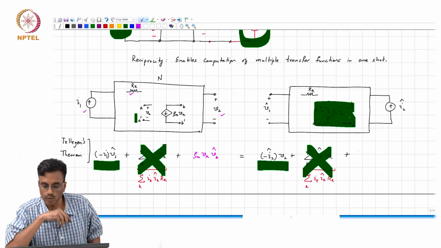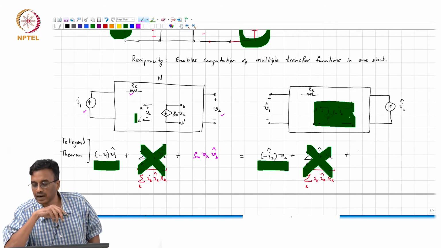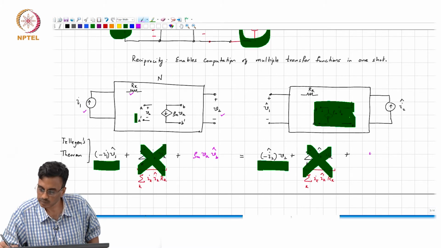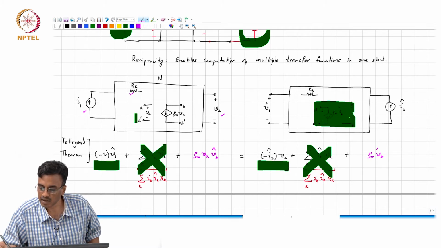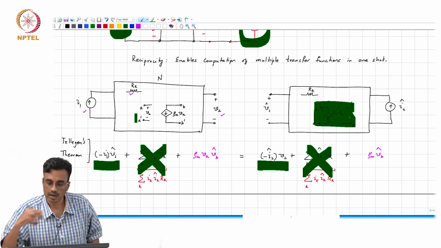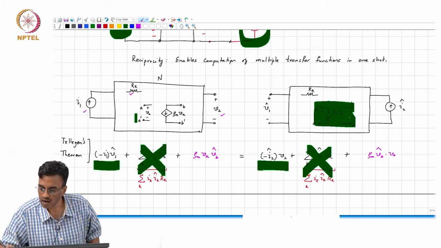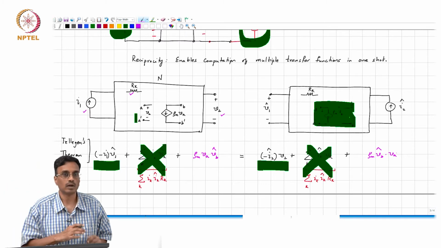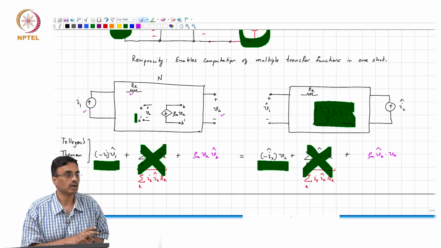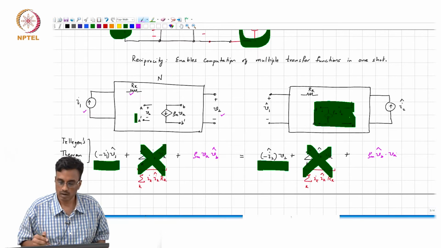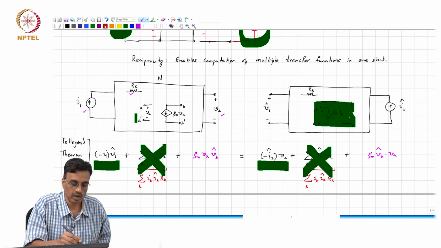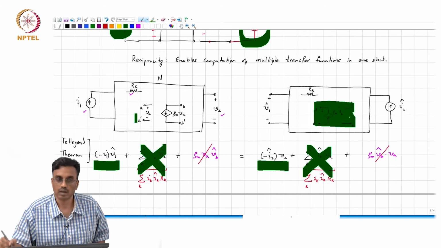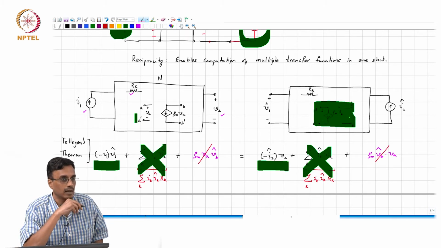And on the right hand side, what do we see? IA is Gm VB hat times VA plus IB hat is 0. So that goes away. So what do we see now? Well, thank God, we are now able to cancel off these two. Does it make sense?